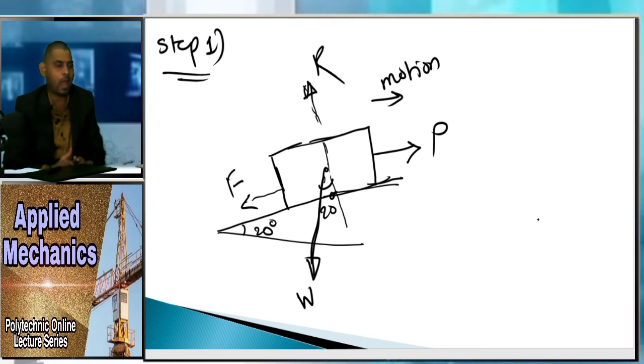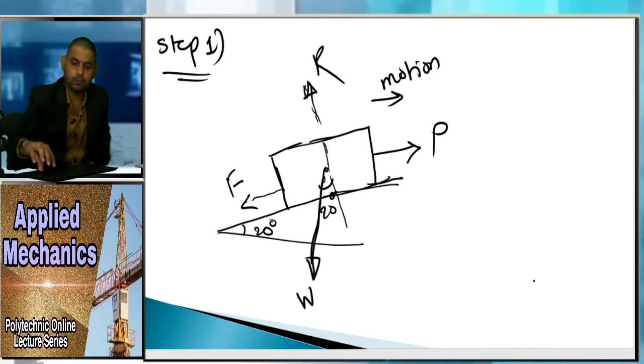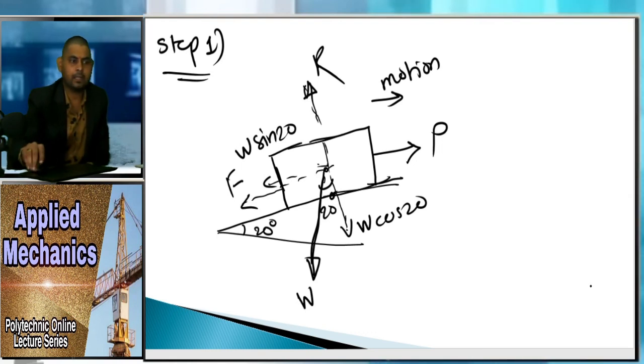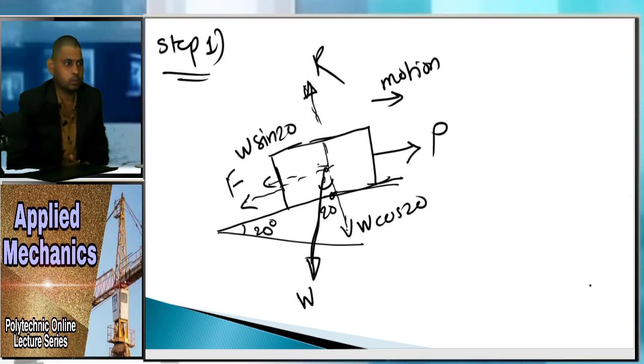So I have given you a free body diagram, so you can resolve the forces like this. You can see here, resolve these forces like this: W cos of 20, and from the right side it will be W sin of 20, right? So like this the forces are given to you. So I have given you a diagram. Try to solve this problem at your home. Take this problem as homework. We will meet in the next lecture.